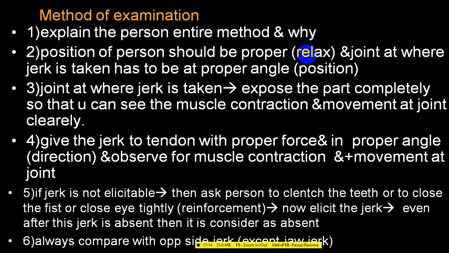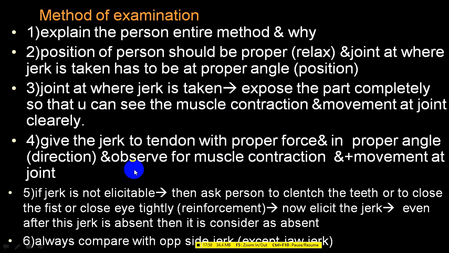And when you are eliciting the supinator jerk, you will be looking at the movement at the elbow joint, and you will be looking at the contraction of the supinator muscle and brachioradialis muscle. So after putting a proper position, the joint where the jerk has to be taken should be completely exposed and the proper angle should be maintained. The jerk is given, it is one single jerk with adequate force, no exaggerated force, no under force. So the part which has to be seen, you have to expose completely. We'll see the muscle contraction and movement at the joint. Give the jerk to the tendon with proper force and in proper angle, and observe the contraction of muscle and